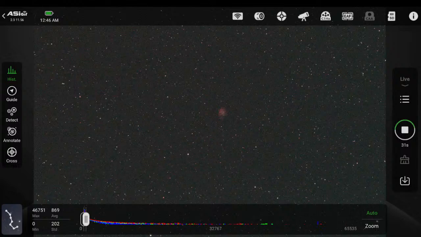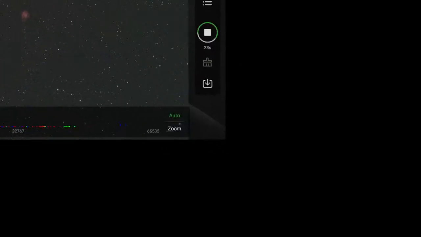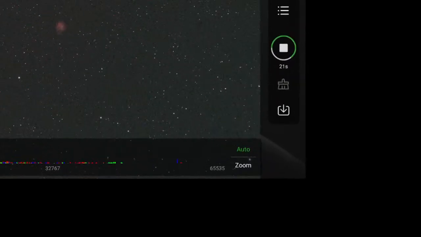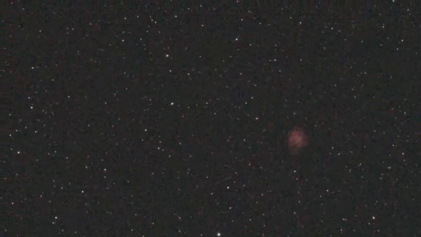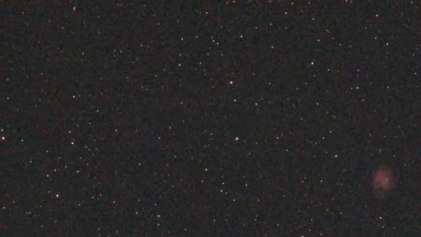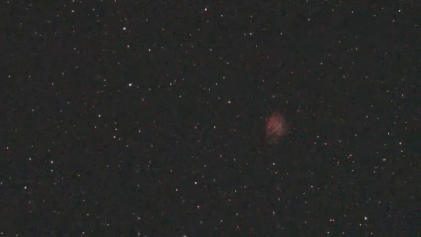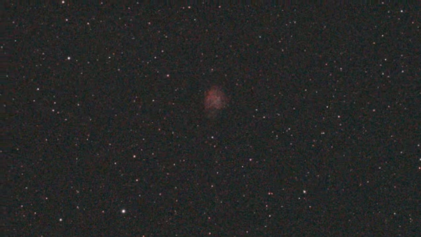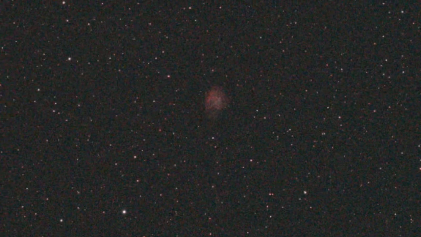All right, here's our first image. Nice. All right. Like I said, it's very small. I can, let's see. There we go. And there is an incredible amount of structure in the Crab Nebula.